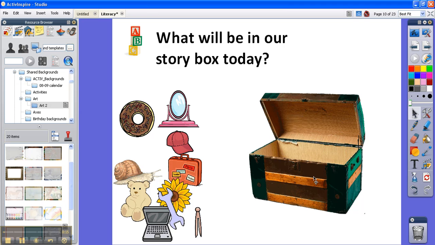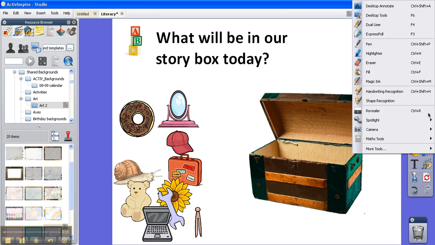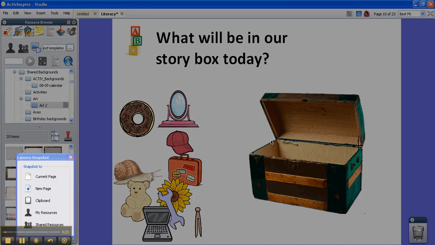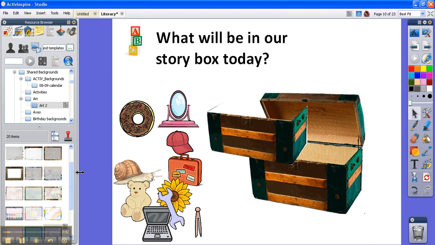So I've got a picture here of a chest, and I'm going to use the camera tool, which is in the Tools menu here, and I'm going to point and just take a photograph of the front of the box. And you'll see why I'm doing this in a moment. I want it to look as if I'm hiding some things inside the box here. Just join that one back up, send it to the page,